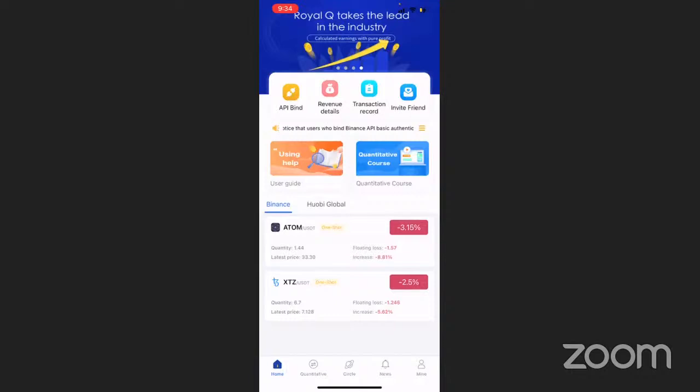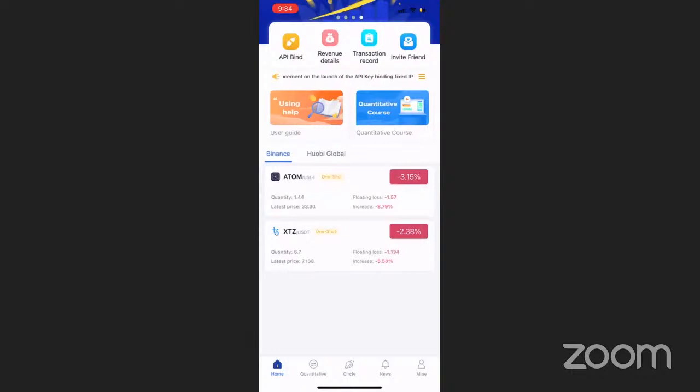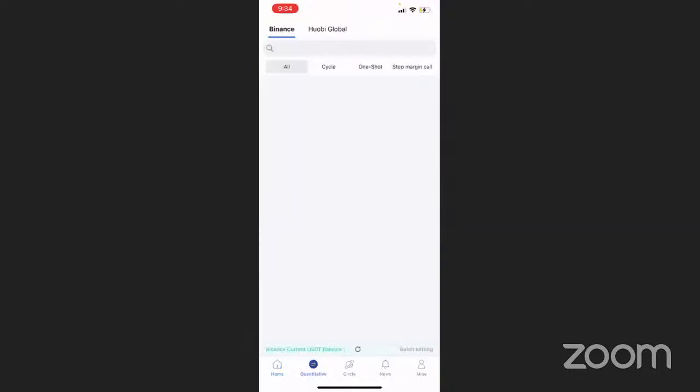So I hope now you know when you open your app, it doesn't look foreign. You know everything that is happening on the home page under the home tab. Now we go to the next tab at the bottom next to home, and it's written quantitative. All right. So when you click on quantitative,